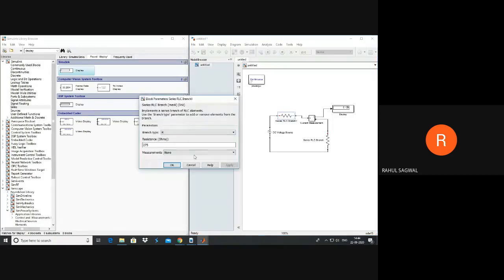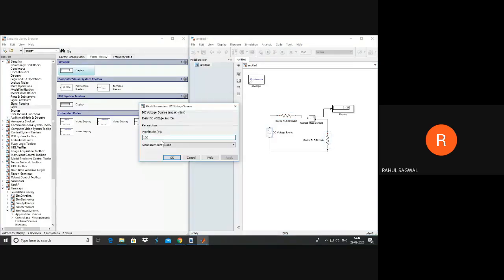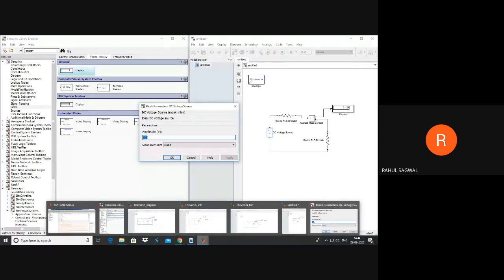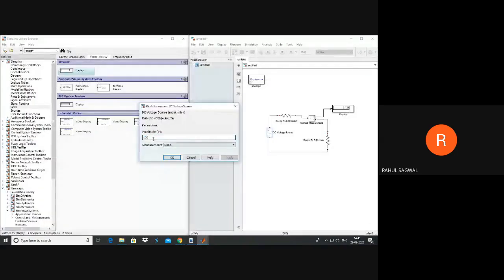I have given the value 75 ohms here, 500 ohms here, and voltage we haven't changed. What was the voltage? 82.5.